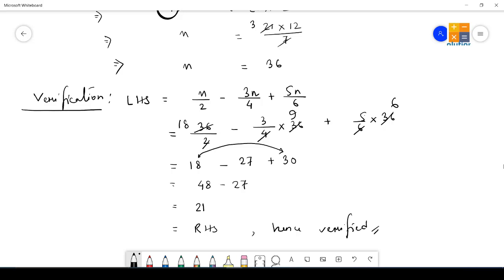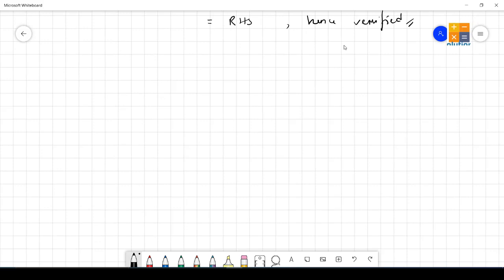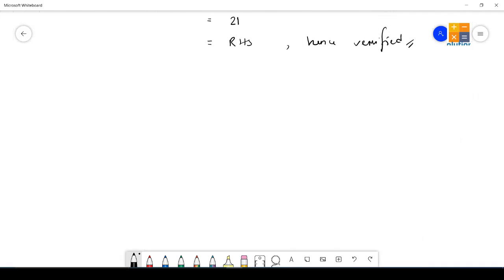So what conclusion can we draw here? This is the required solution of the equation, which means n should be equal to 36. Coming to question number 3 next. In question number 3, what is given? This is question number 3. Given equation is